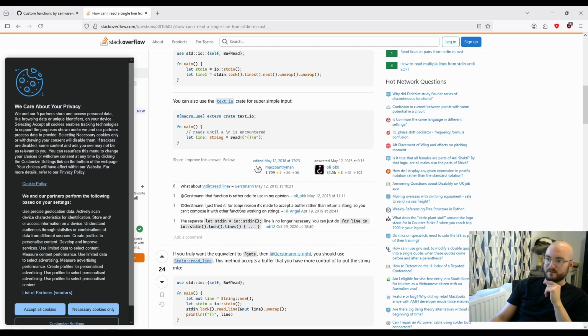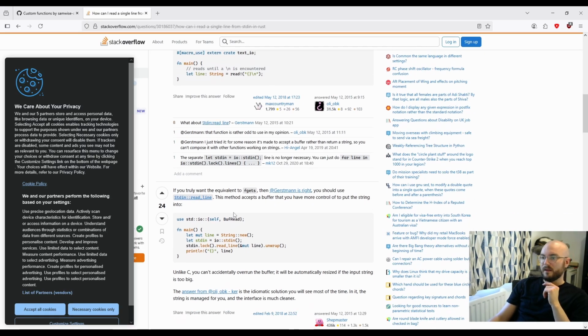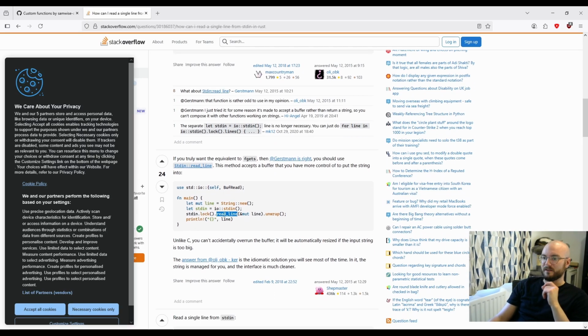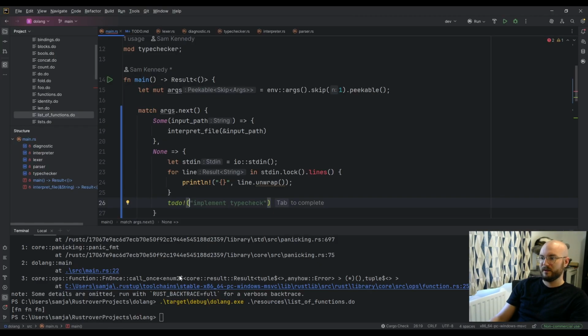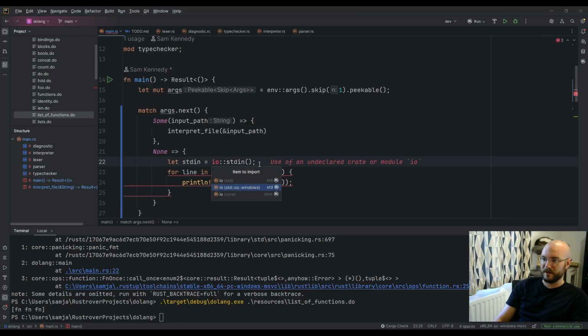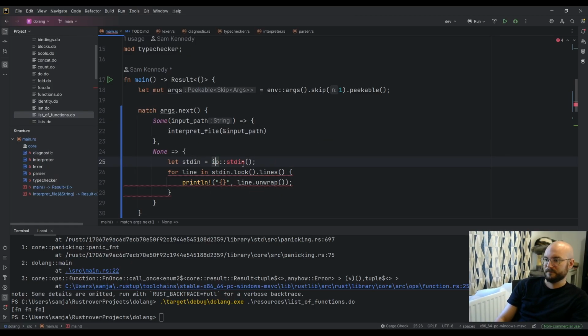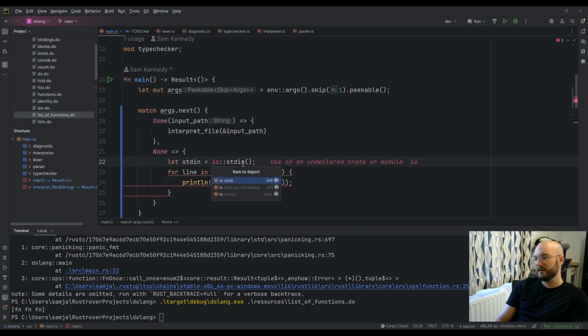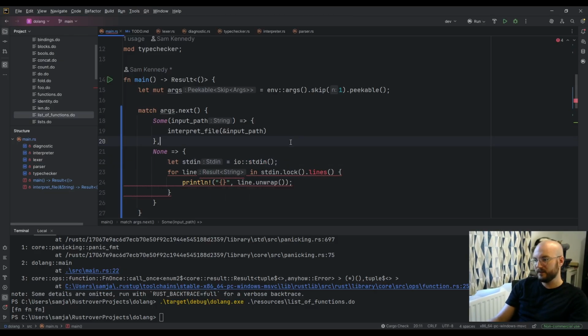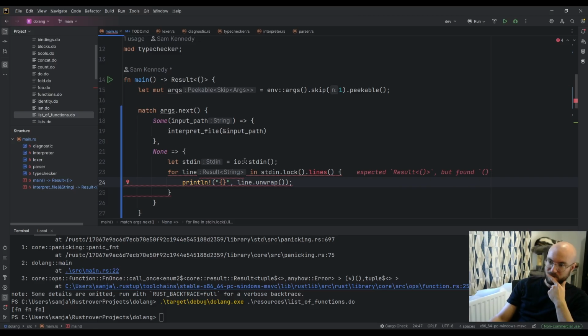The stdin readline function is rather odd. Std lock readline. Is it because I imported the wrong IO? Because there's multiple IOs for some reason. Yeah, there's no stdin for the Windows IO, nor for the core IO. So it's probably the std IO. Sorry, the std IO. I mean, it would make sense.